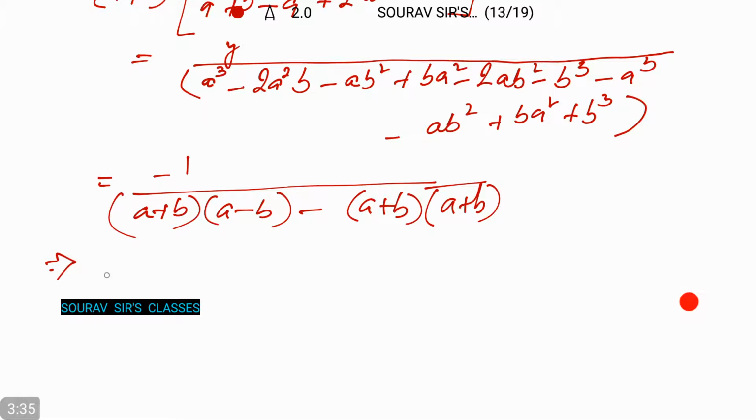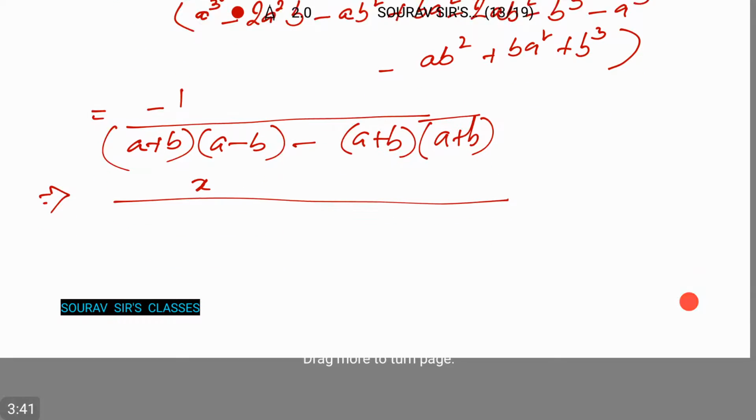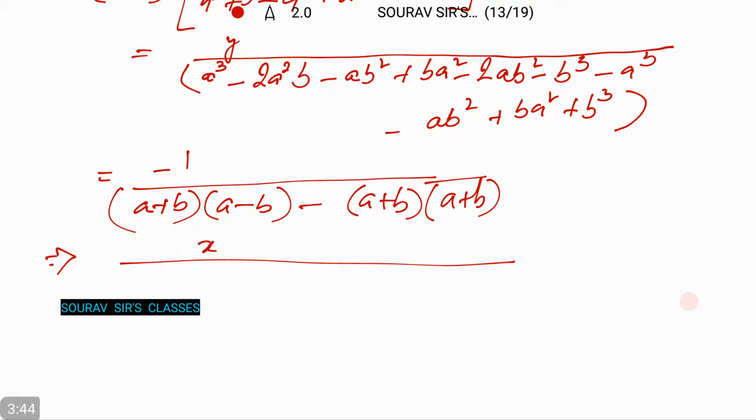Now that implies x by (a plus b) into a squared plus b squared minus b squared plus 2ab plus b squared,